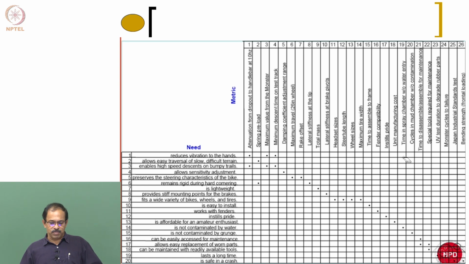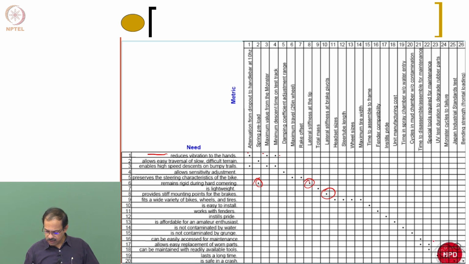So this is an example. For the previous one, for the cycle, no need to worry, you don't need to remember this. It is just an example I have shown. You can see that for each need, you will see at least one metric associated with it. Some of them will have more than one, some only one. For example, this has only one metric associated with it.